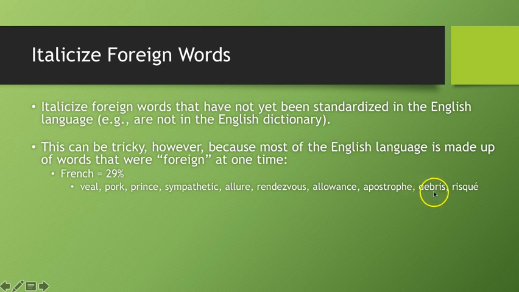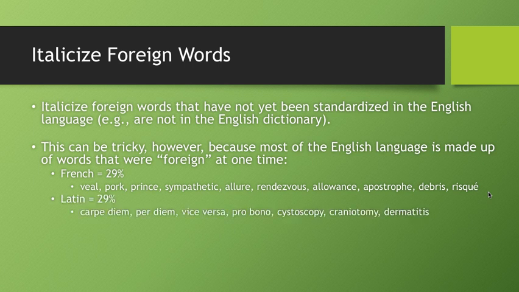But you can see an example of we're using other spelling conventions. So you can see in the word debris, you have that silent S, which is common in French words. Risque has an accent letter, which we do not recognize with the American alphabet. So you can see that these have come from other words, or other languages, even though these words are mainstays, very common in the English language.